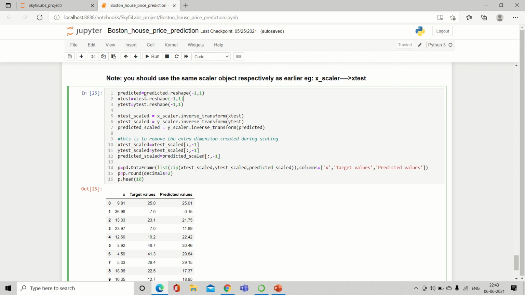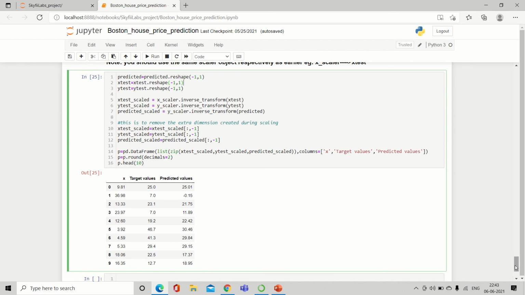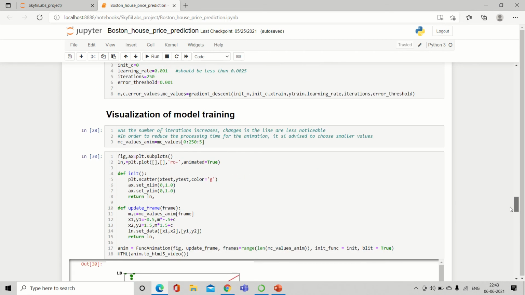So we have obtained predicted x-test and y-test in the form of columns, and now we are going to pass these to inverse transform in order to revert the normalization. Here we have to use the same scaler objects that we used earlier.